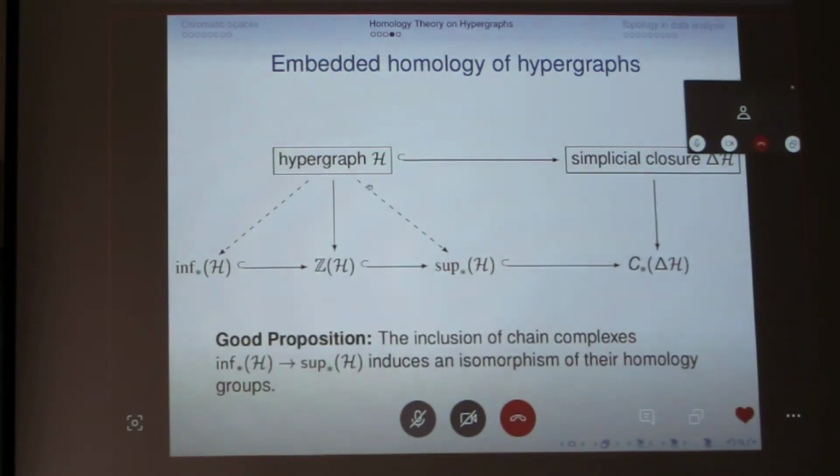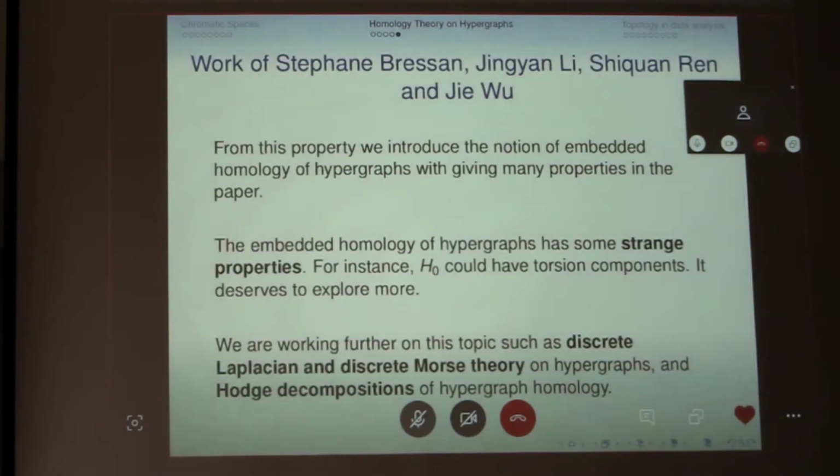So if we try to study the hypergraph, we can say the homology is given by either this one or another. Then if we want to look more, we can look at the gap. So this is our gap. So that's actually the idea we try to produce the homology. Then there are some further directions we have to dig into. So now look at the hypergraph. Then we try to look at